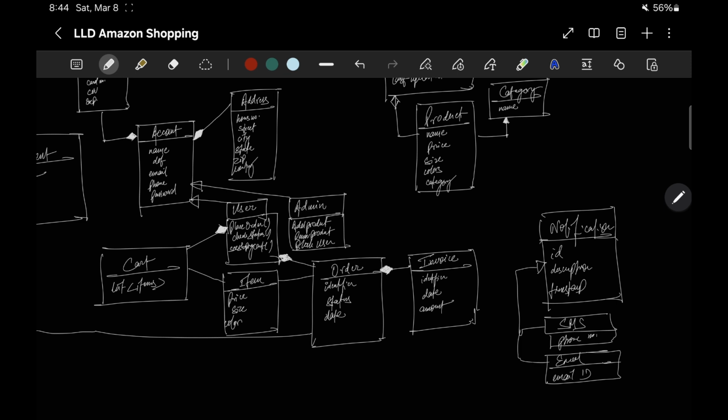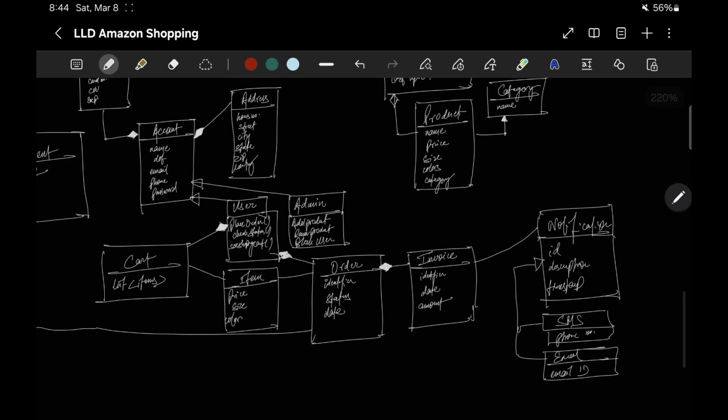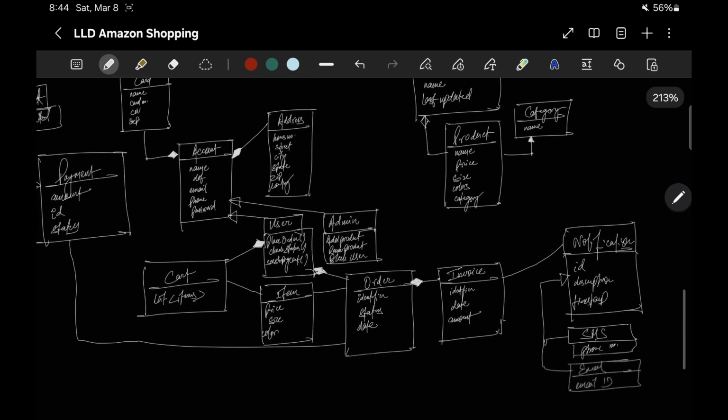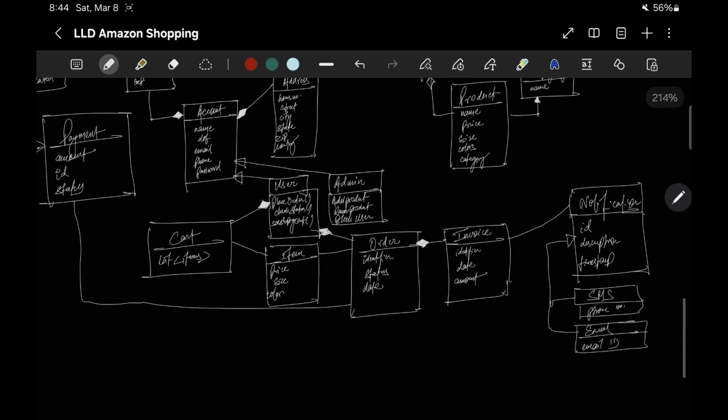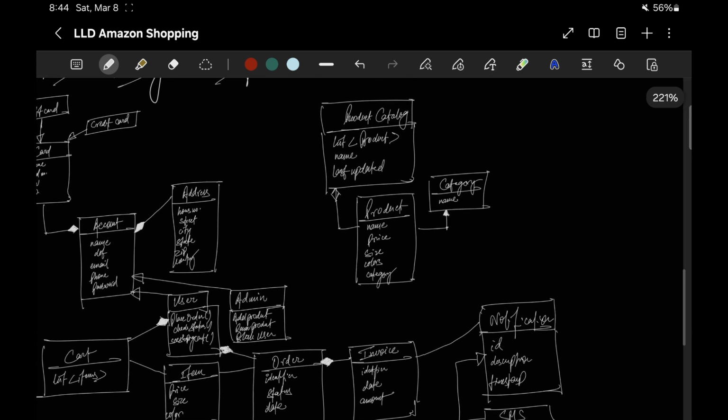Okay. Now if you see, this notification is linked to an order, right? Or you can say this notification belongs to an invoice. Okay. So we are done with notification also. And yes, we also need to check one thing, which is called the status of the order. Okay. So if we check the status of the order, maybe